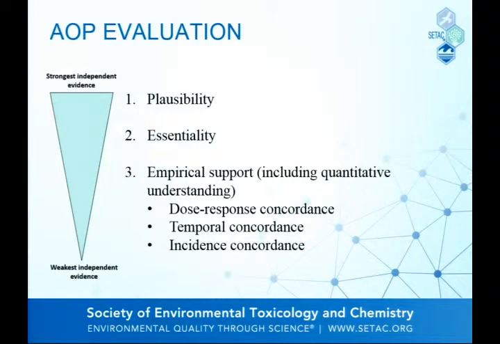Support for essentiality is kind of the second. If we can demonstrate causality, in the sense that if we block this event from happening, nothing else downstream of that will occur, that's pretty compelling evidence as well. But that's usually focused on specific key events, and doesn't necessarily extend across the whole pathway always, so maybe a bit weaker there. Empirical support, saying, I've shown this relationship once in a particular species, in a particular study. That's nice, but show me again, particularly if you don't know why that happens. You better show me many times that you can see this and then see this downstream effect every time you do it, if you don't understand how it happens.